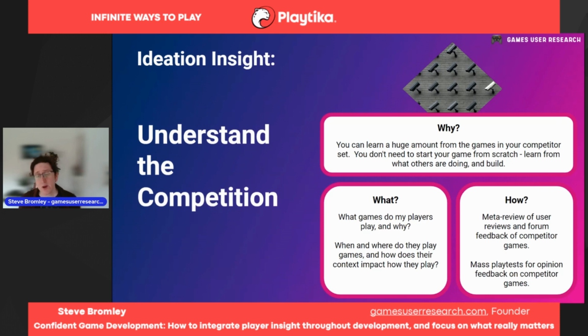There's also a benefit if you're looking at competitor games and have done this work of defining your competitor set, that you can start to anticipate your own sales data based on the perception of other games and where you could sit compared to that. I've written an article called Discover If Players Will Buy Your Game that helps explain a bit about this. And on my website, gamesuserresearch.com, that's mentioned under the slides there. If you find the article Discover If Players Will Buy Your Game, it talks about an approach of how you can draw your own sales estimate based on how competitor games are doing.